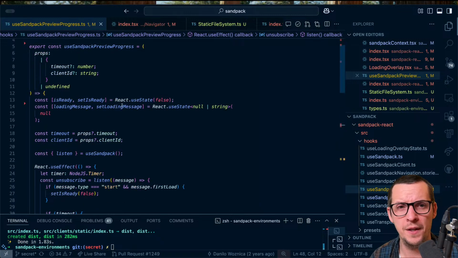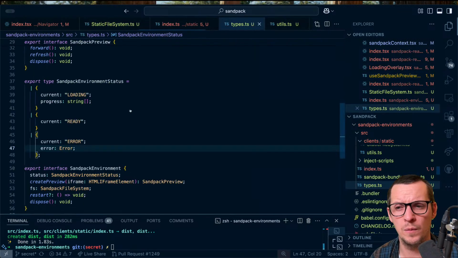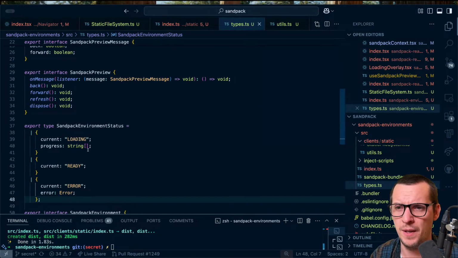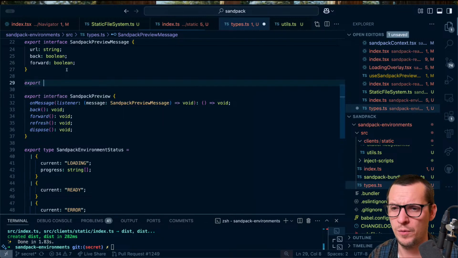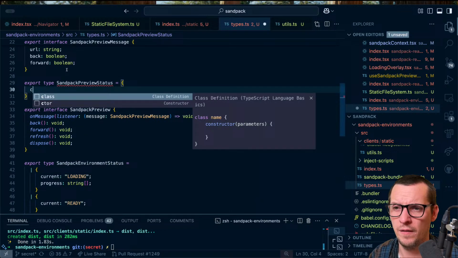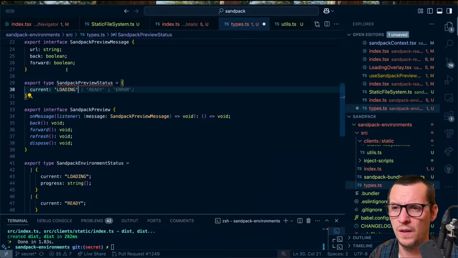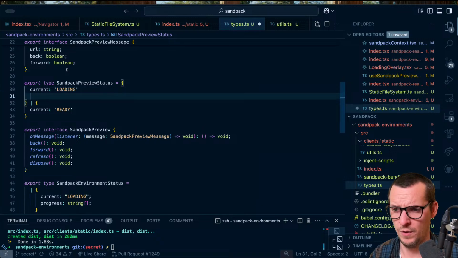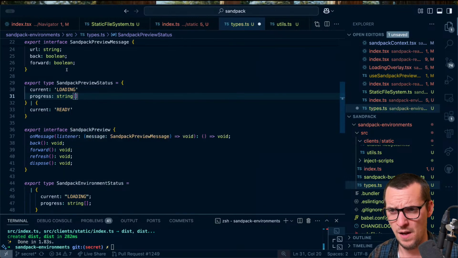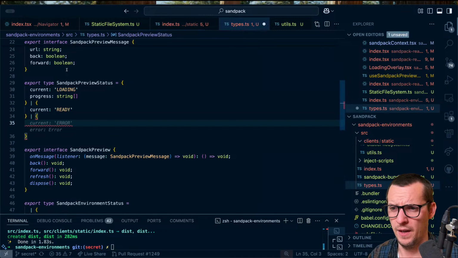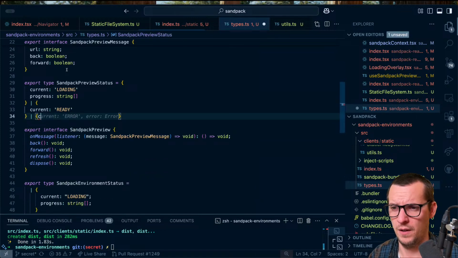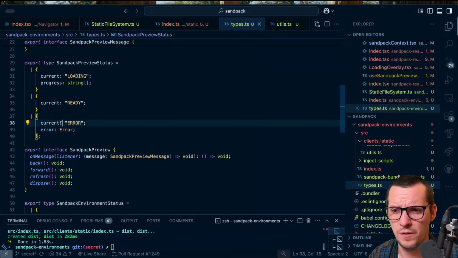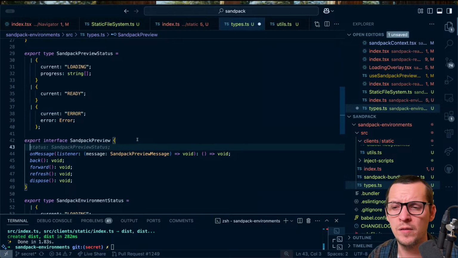Yeah. No, I think we need that. We're gonna implement Sandpack. So we're gonna call it export type SandpackPreviewStatus, and we're gonna have current loading or current ready. And again, we're just gonna have progress as a set of strings, or it might have an error, which is, oh, not a class, which is just gonna be an error. And then we have status, SandpackPreviewStatus, and then